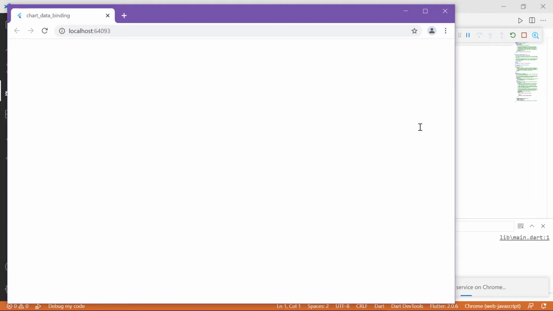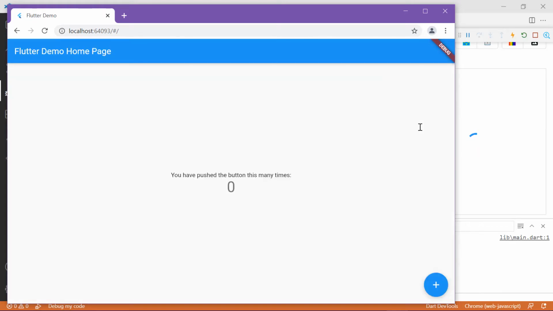The output page got opened in Chrome now, but the output is yet to be rendered. The wait is over. Now you can see the output of the default app. On clicking this button, the counter is getting incremented and you can see that value here.